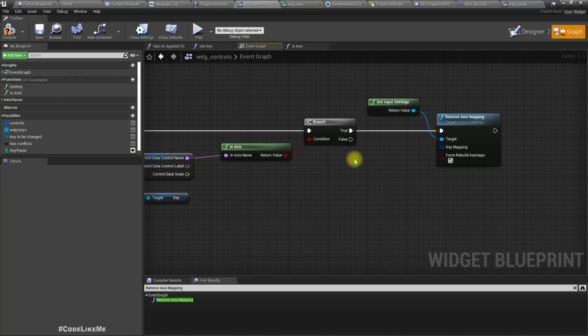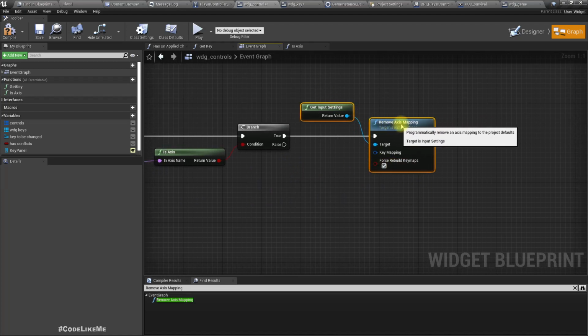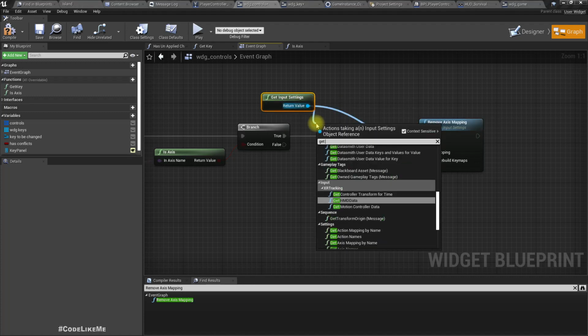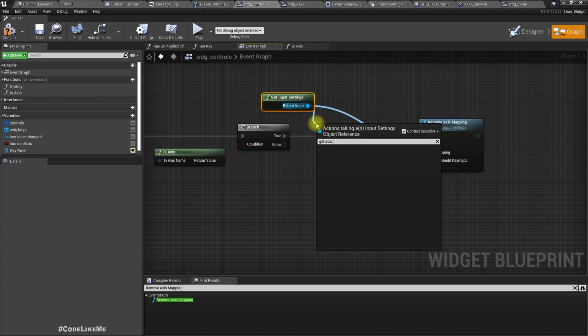Oh no, we can get the existing axis mapping this way, get axis mapping,